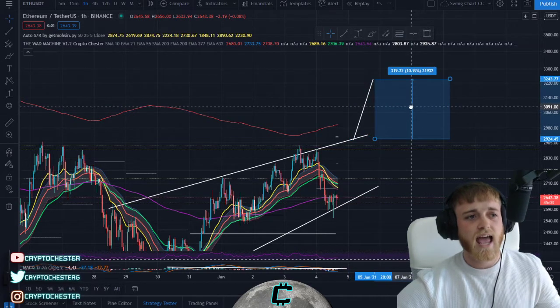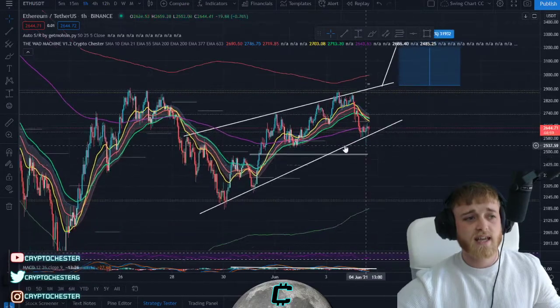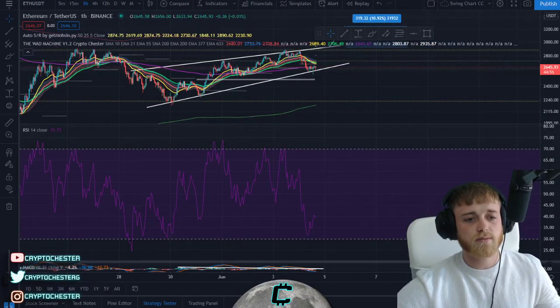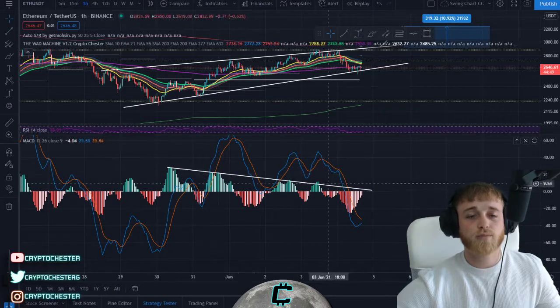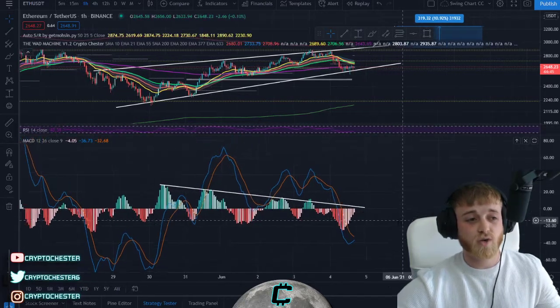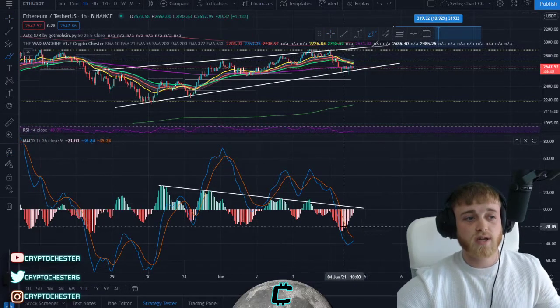And let me just explain how and why I think we are going to get there, right? So this is the short term. This is obviously the rising wedge that I just spoke about here. Let's jump to the MACD here and just have a look at this uptrend cycle that we've got coming through here, and as you can see, we have literally just finished the cycle. That's straight away one indication that we are going to see a surge in the price to the upside,